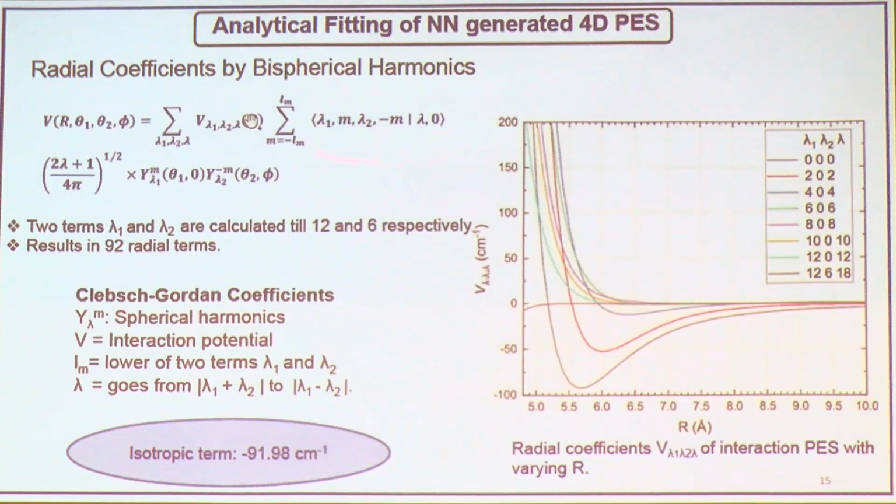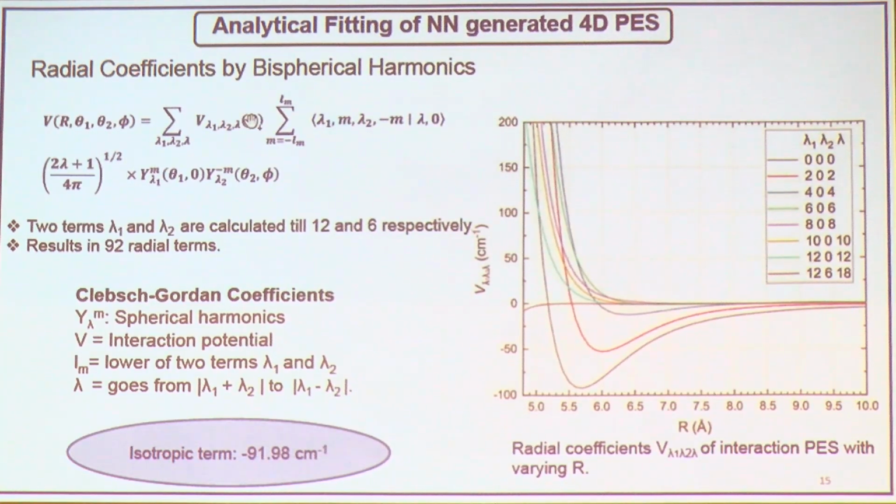So which includes Clebsch-Gordan coefficients, and then spherical harmonics of each the C5 and H2 molecule. So we got the V lambdas as a function of R and plotted here. You can see that various V lambdas are plotted, and then the V0 is found to be lowest, with the isotropic term around 91.98 wave numbers, and all the even values are present,